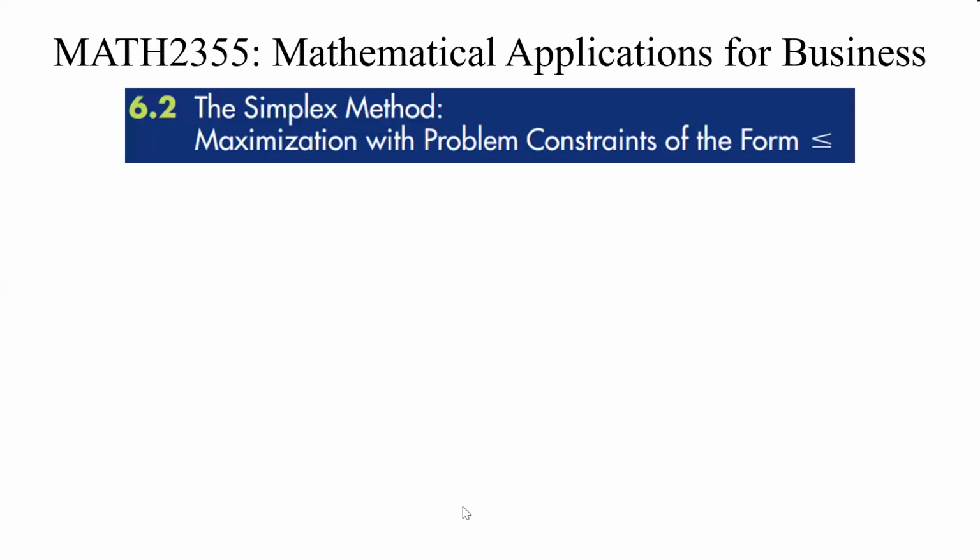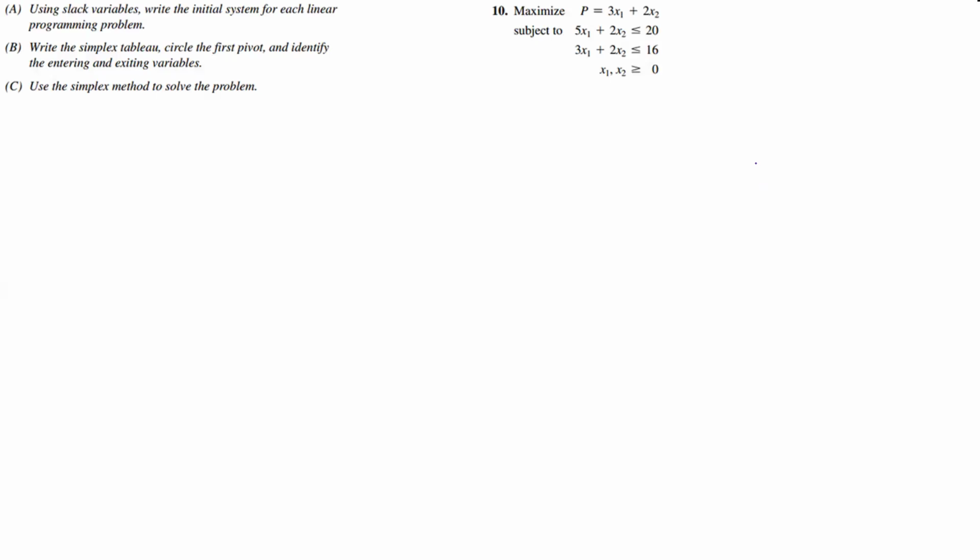All right, so here we are now on 6.2 on the simplex method. So we're going to look at the maximization problem with constraints in the form less than or equal to. All right, so this is going to be our first problem, and we're supposed to use slack variables to write